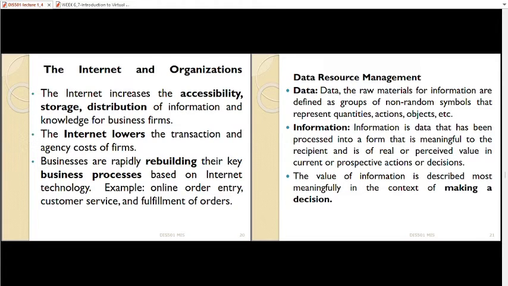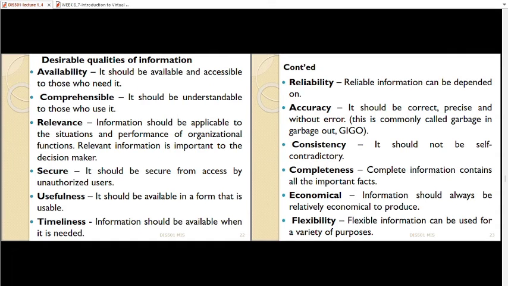So under data resource management, if you're looking at data, data is basically raw facts. As I gave you that example, an employee works 5 hours and is paid at a rate of 1,000 Kenya shillings per hour. You can process that. Now it becomes a wage, and that is information. So that's basically the whole thing that happens. You collect different bits of data here and there, bring them together, process them, then you're able to give reports that have much more informative content